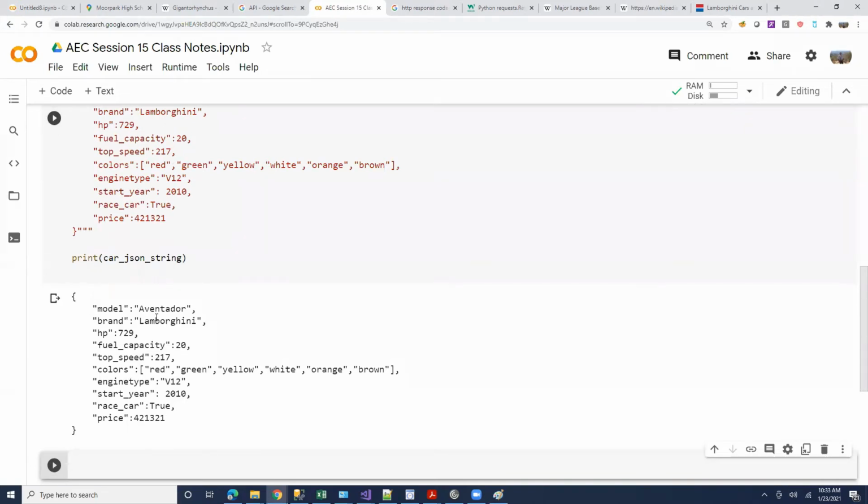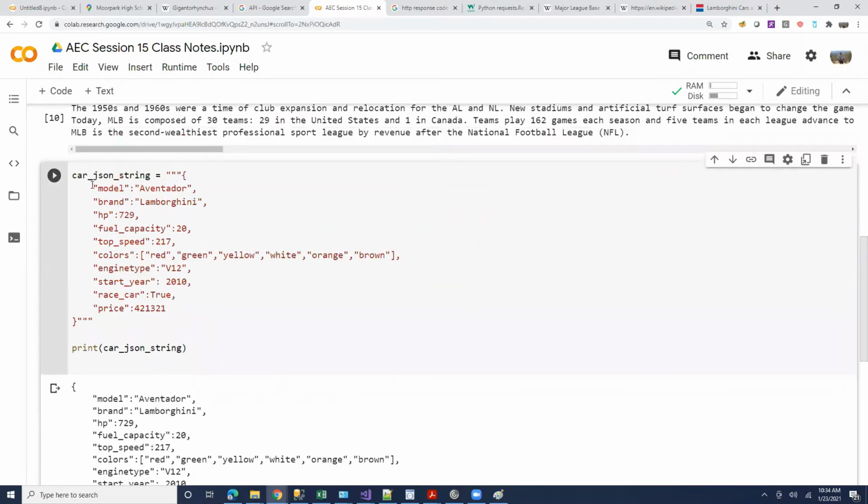Right now, this is a string like any other string that we have used in the past, right? Why triple quotes? Just because I have used double quotes within it already, and also I put it on multiple lines. It's so that it knows, because I'm using the same double quotes already within data values. Okay. So now this is simple, straightforward stuff, right? We typed a dictionary, put triple quotes around it, and now this is a string.